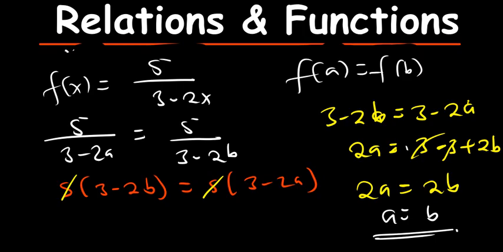That is, we say that if a is equal to b, then that is a 1 to 1 function. So therefore, this is 1 to 1 function. Okay? So this is what we are supposed to know under 1 to 1 function. But now let's also talk about it. There is also what we call